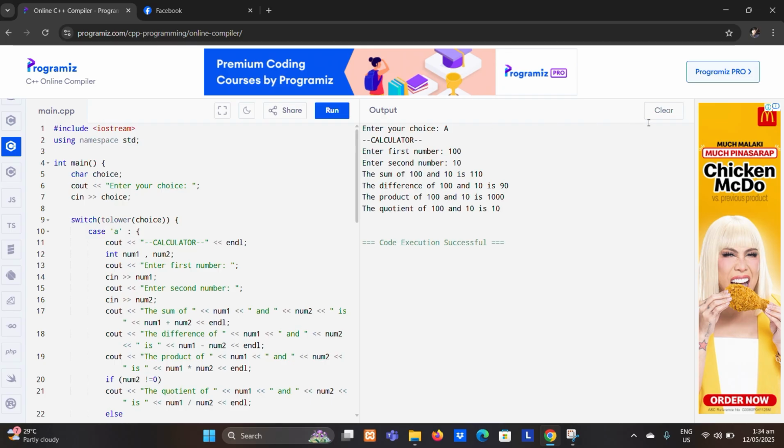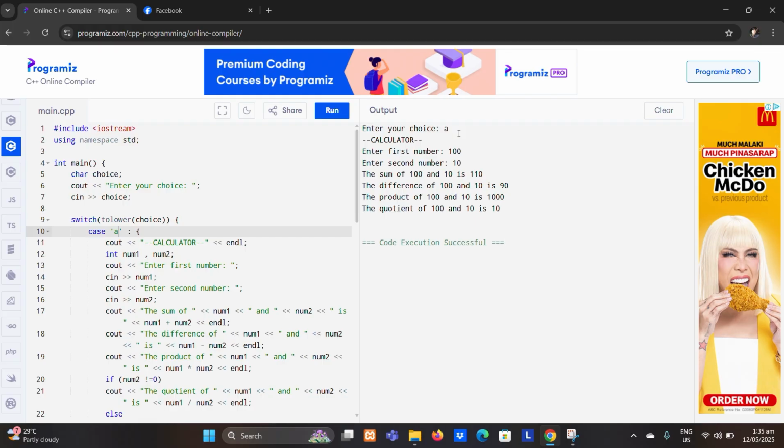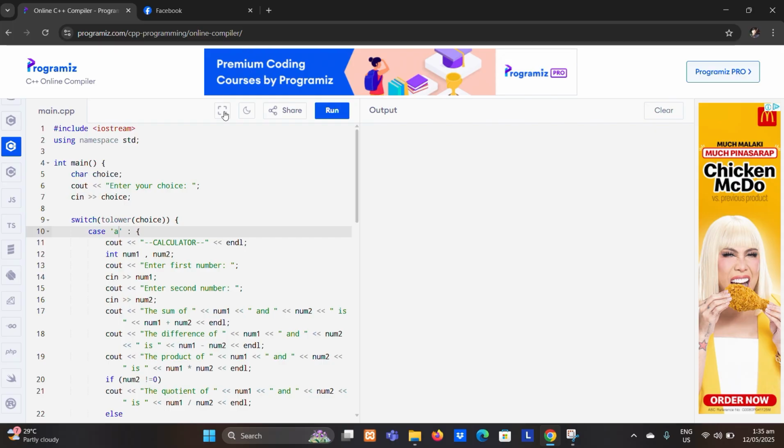So let's try small letter. As you can see, I put the small letter, then earlier I put big letter, so there's no problem. So let's try 100 again. Yeah. So if you put small letter or big letter, there's no problem. It's the same, guys. Then the second is odd or even.